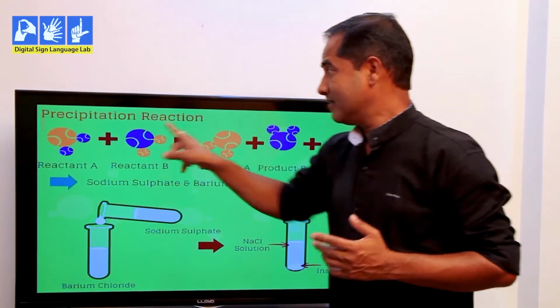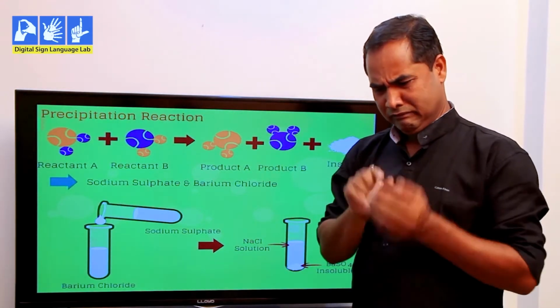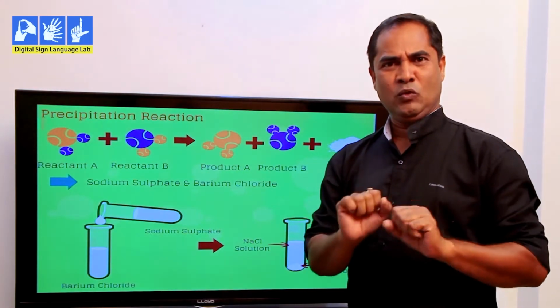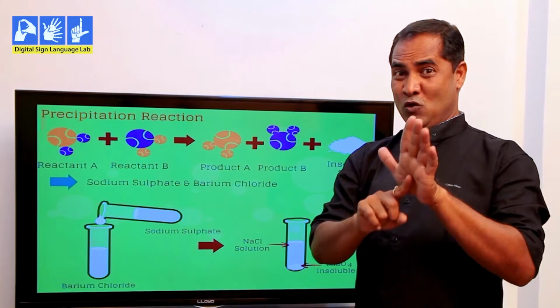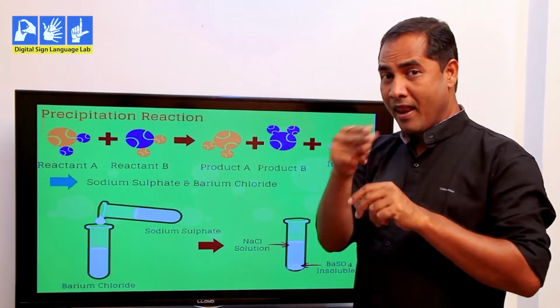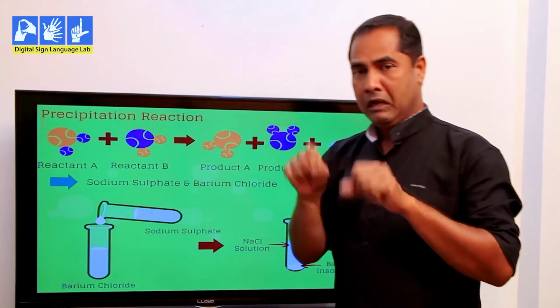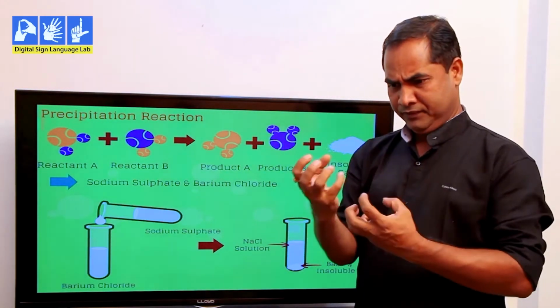Another type of chemical reaction is precipitation reaction. What is the meaning of precipitation? Something which is left after the reaction is over, a precipitate. I've already shown you one example of sodium sulfate and barium chloride. When this reaction occurs, when we mix these two solutions,